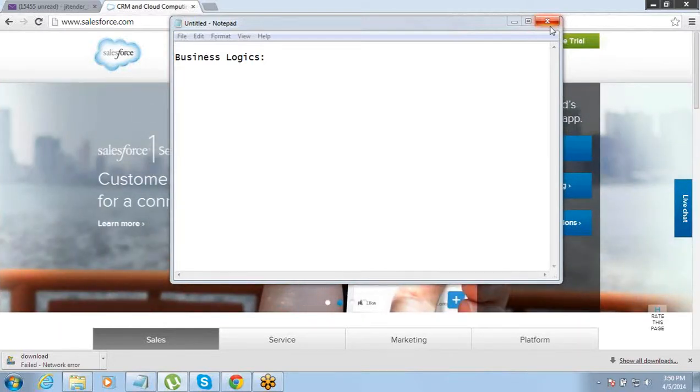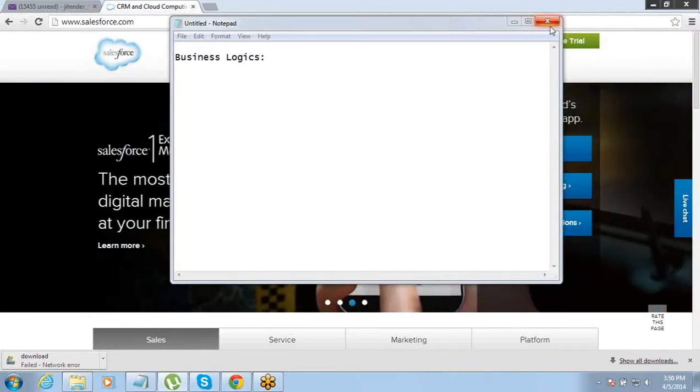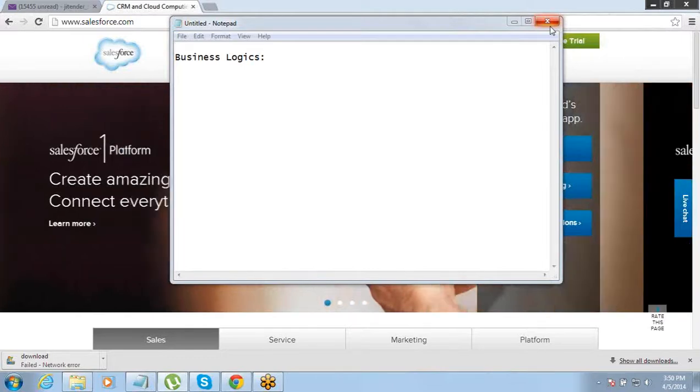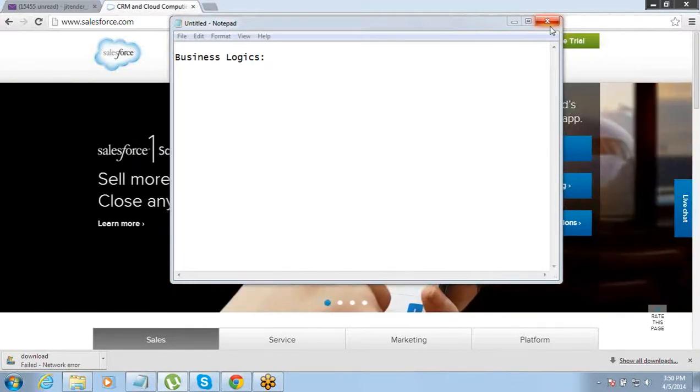What we are going to talk about in today's session is the business logic section, where you can have certain predefined logics which you can use to automate some of the stuff. What is automating the stuff? Automating means, let's say, certain things that you are doing manually, and you have a very clearly defined logic for that.